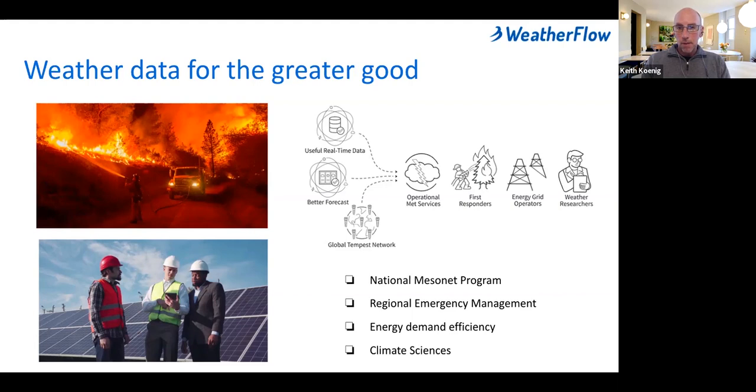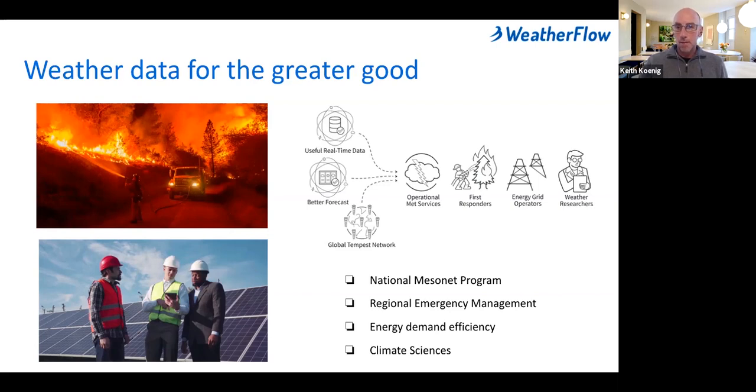We have the ability to take the collective data set and provide it to regional emergency managers. So your fire departments, your hazmat teams, your folks preparing for extreme weather events can really benefit from a broader data set, as can folks like energy companies trying to predict demand and trying to make efficient use of the limited resources of energy.